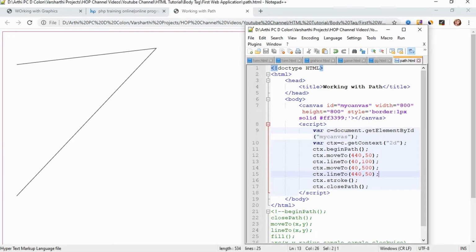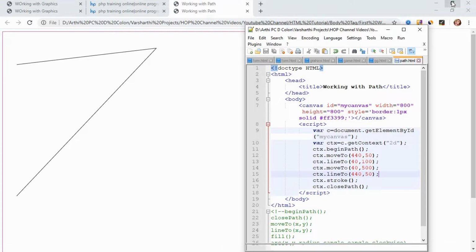Just keep your coding along with your output so that you can understand this. Here the line has been drawn from the x-axis, that is, have a look at the horizontal section in this, that is from the margin of your web page.